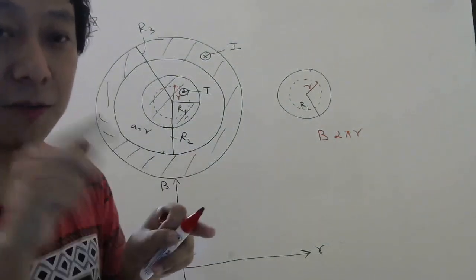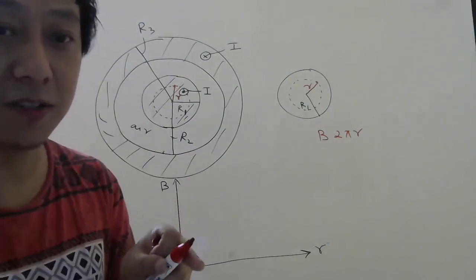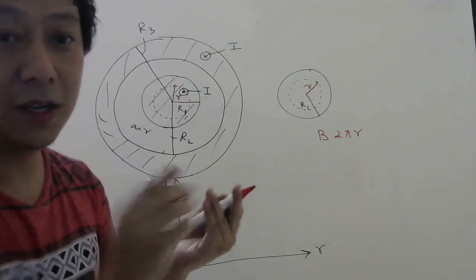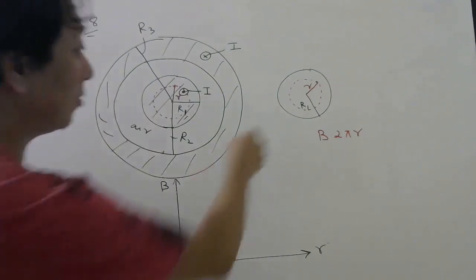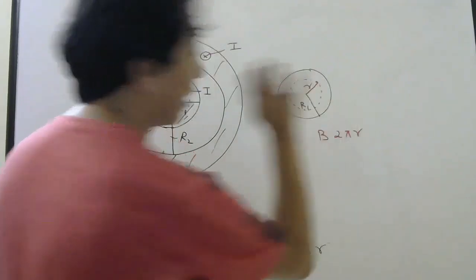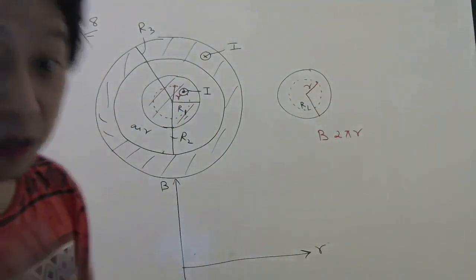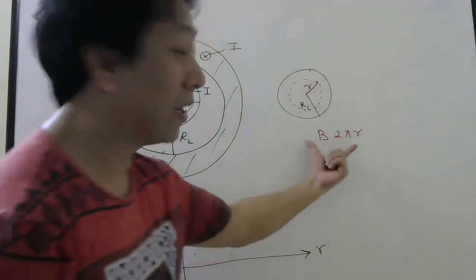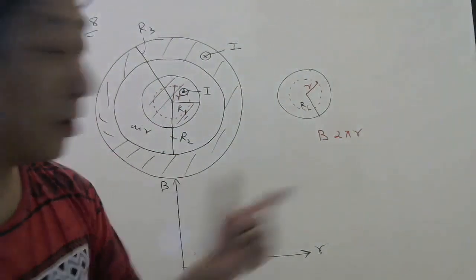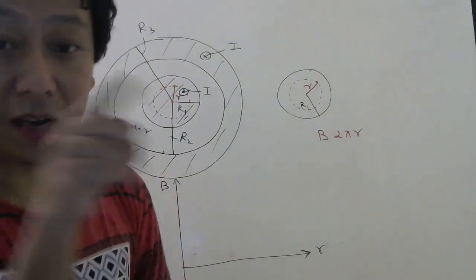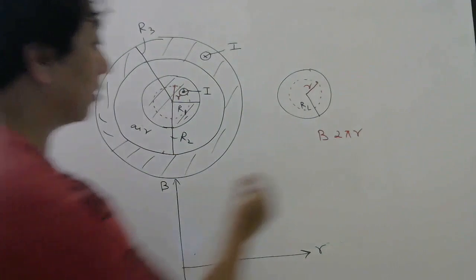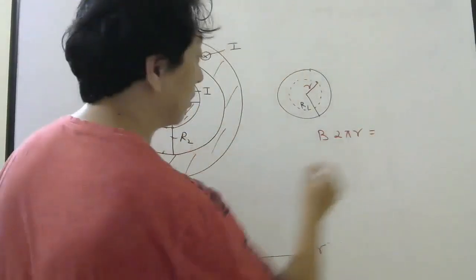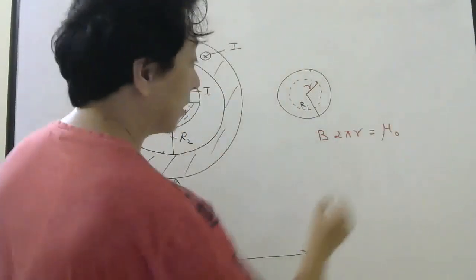So the integration of B dot dl will be B dl cos 0. Then B you take out, and the integration of dl gives the length of the loop, which is 2 pi r. Try to remember the left side of Ampere circuital law like this if the magnetic field lines are circular. This should be equal to mu naught times the current enclosed